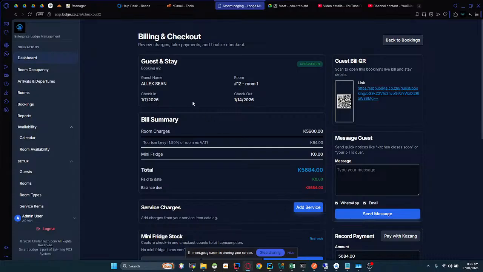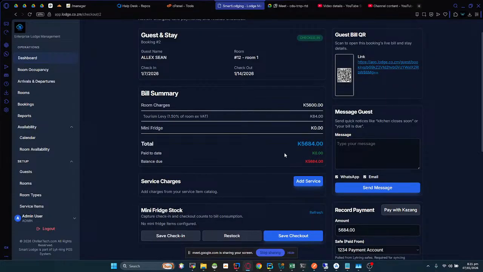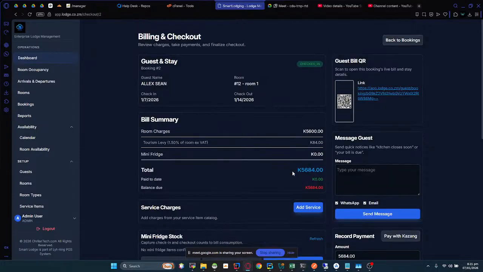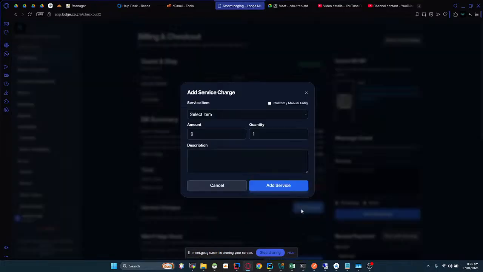So you do that from the point of view side. Here you normally specify things like services that are maybe not provided at the bars and restaurants, like your massages. What else? If there are additional amenities that you get, you have those specific services added here. So say if I want to add a service here,